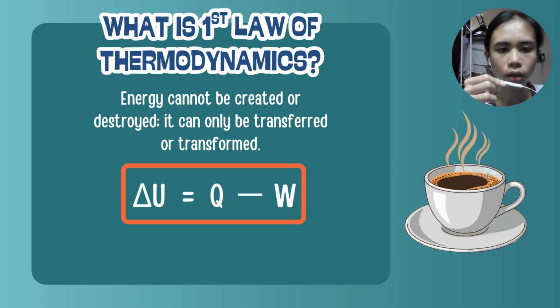So let's take for an example a hot cup of coffee that is put inside a room at room temperature. We know that if the coffee is hot, it means that the kinetic energy of the coffee molecules is very high. So when the coffee becomes cold, the molecules lose some of this energy. And where does this energy go? It goes to the surroundings, and we can say that the energy that is lost from the coffee is the same as that gained by the surroundings.